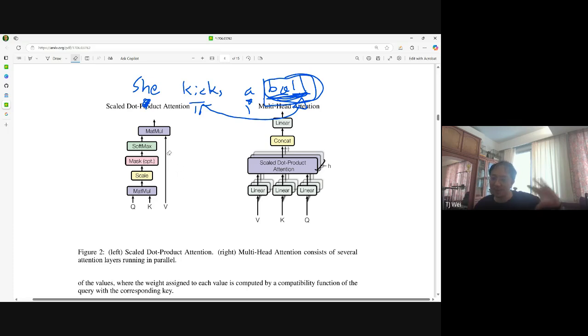I'm just saying that there's another way to understand the linear layer, because a linear transformation is not too scary. It's just a weighted sum. Okay, anyway,